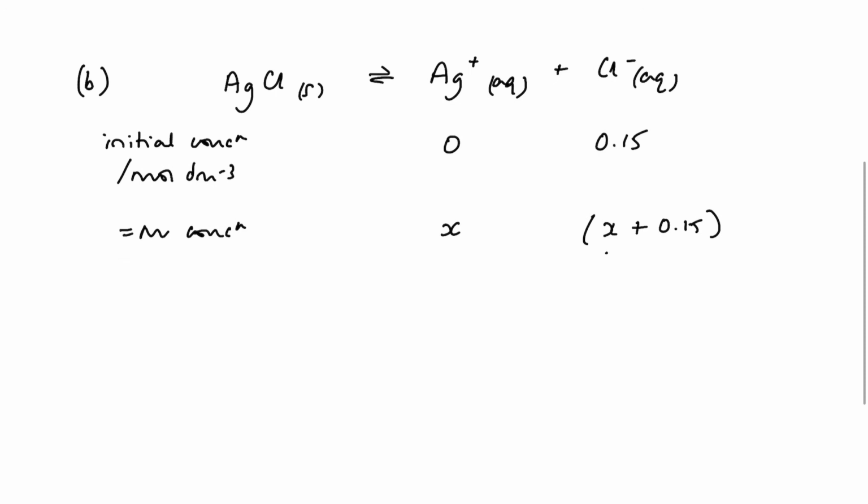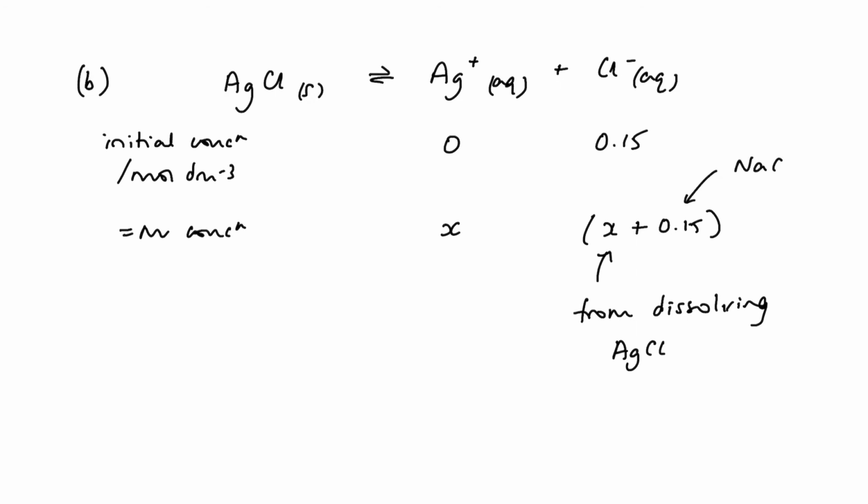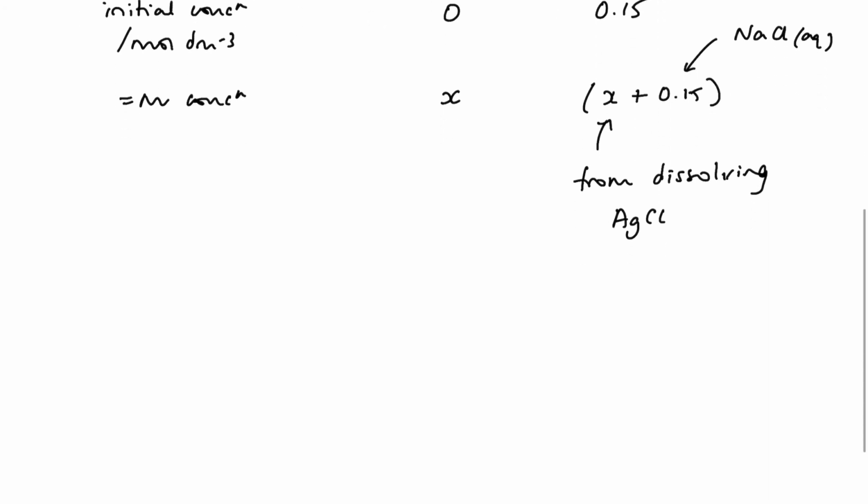So the x is the amount of chloride ions from dissolving our silver chloride, and the 0.15 comes from the sodium chloride solution that's providing the common ion. So when I put that into my expression for Ksp, Ksp is 2.0 times 10 to the minus 10 is equal to x times x plus